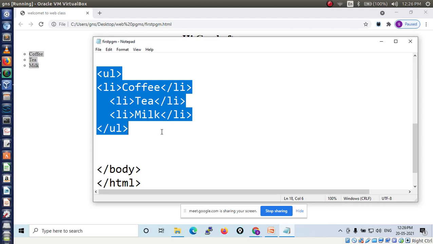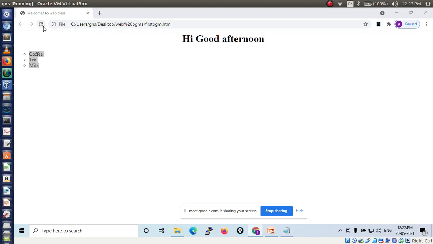So what kind of output should I get? Kiran? Only bullet, with dot or disk type? Disk type. See here, by default it will display disk type.